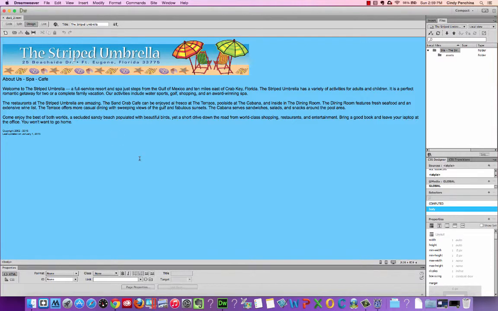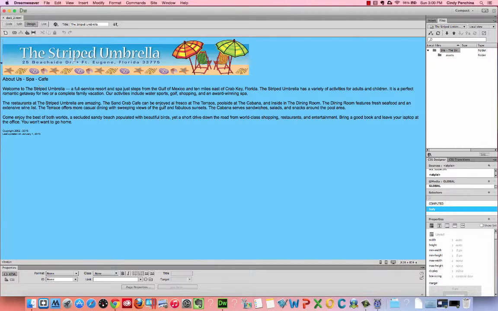It usually remembers the last view that you had, and I must have been using that for something else. Right, so now I'm in Design View, and this is what you should be seeing. This is the data file that was given to us with the book. And we're going to save this file as our home page. And home pages are typically called